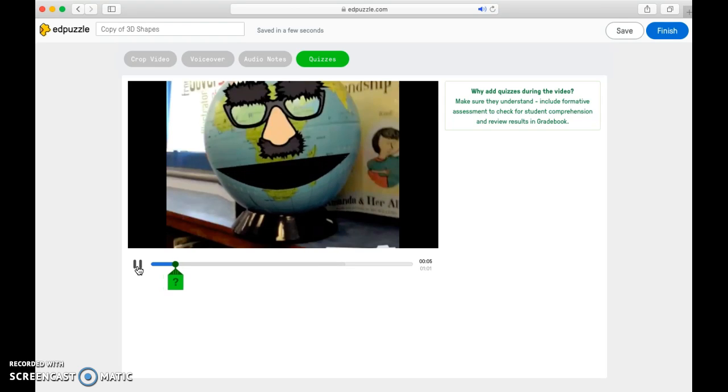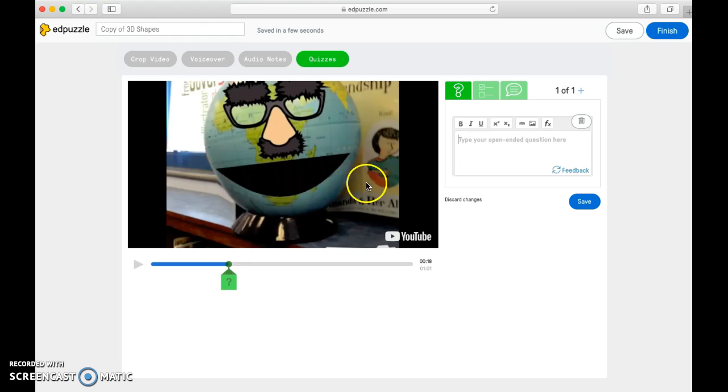I start with S, and I can spin, I can roll, and it has no vertices either, and it has no corners. So right there he says, what am I? All you have to do is press right here where the question mark is, and it opens an interactive box